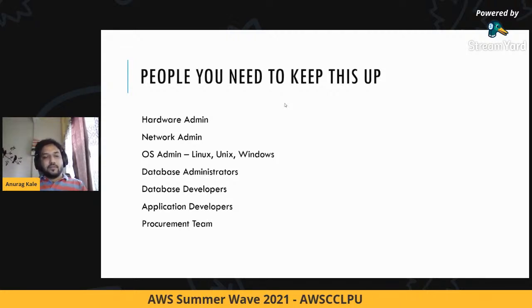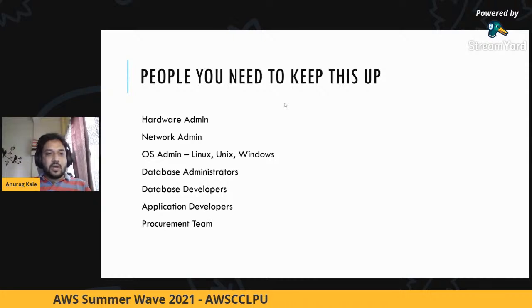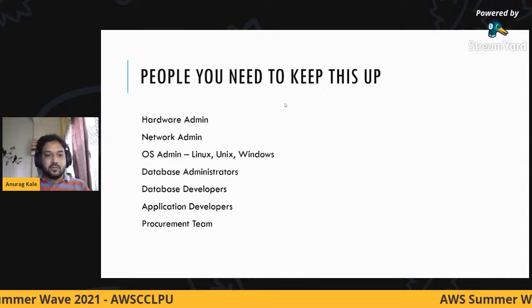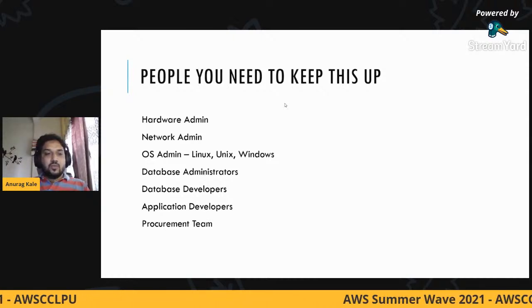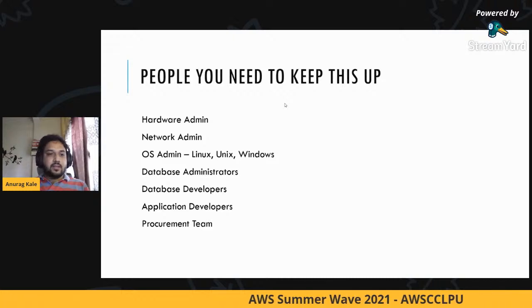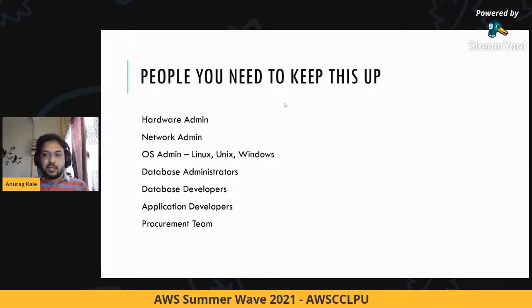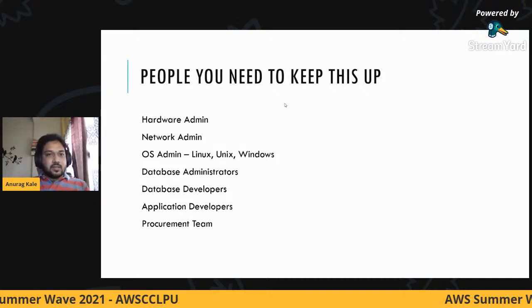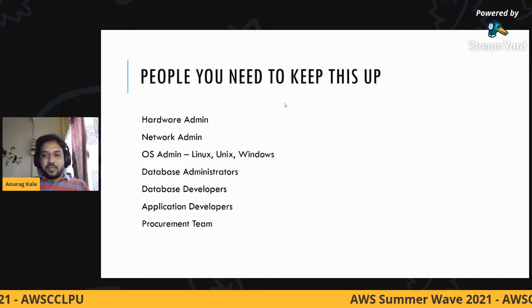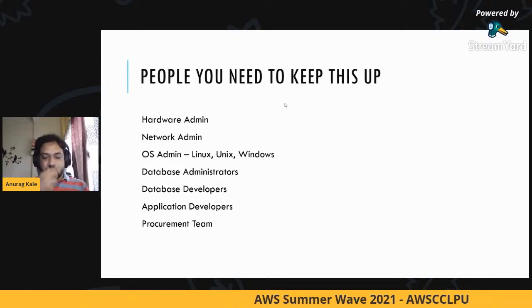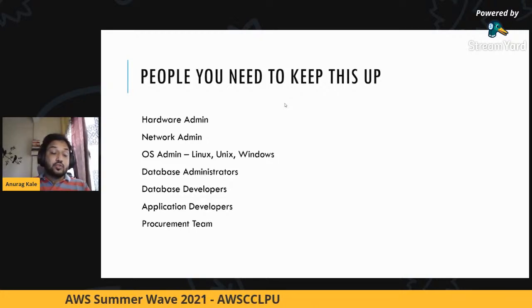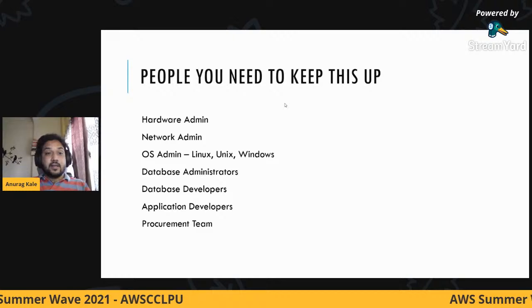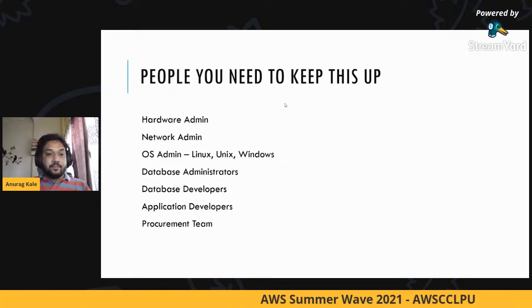If you are a company, a startup, or someone who is just trying to create a new business, imagine the number of people that you need to hire so that you can run a good database cluster. It is very difficult to get these kind of people so that they can run a successful database, right?